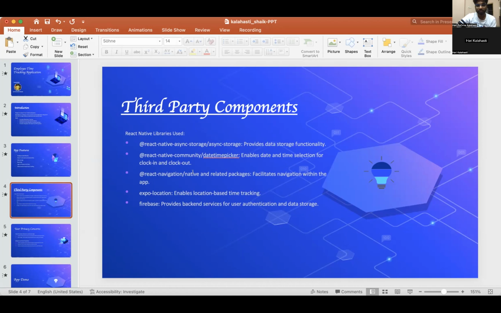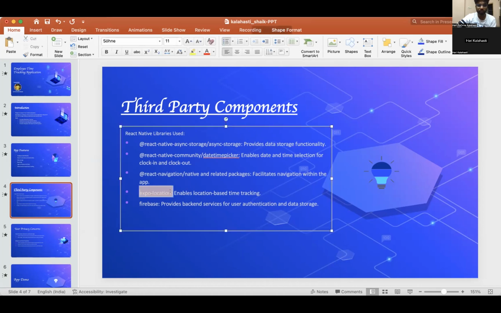As I have different pages in this application, like login, sign up, user details screen, the dashboard screen, and a sign out screen, in order to navigate between these components I need to use the React Navigation component. And the main thing I have used is the Expo Location library, by using which I can enable the location in the application,